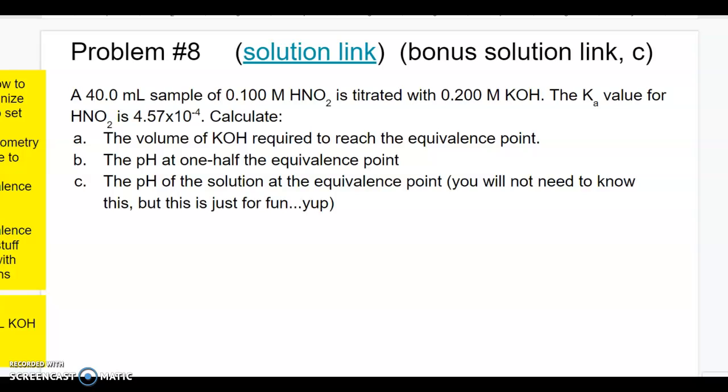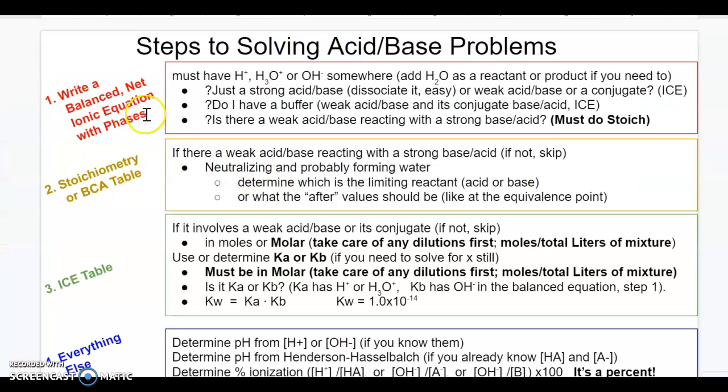And so, like all our other problems, following through the scheme, write a balanced net ionic equation. Then we'll do the stoichiometry because we are titrating a weak acid with a strong base. And then we'll do our ice table and we'll figure out the pH from there. So